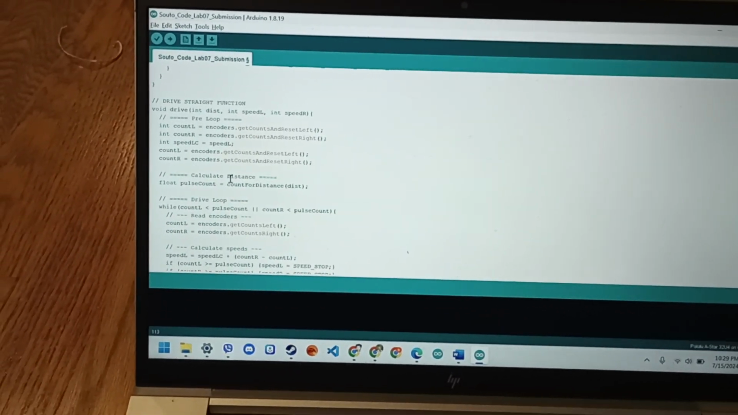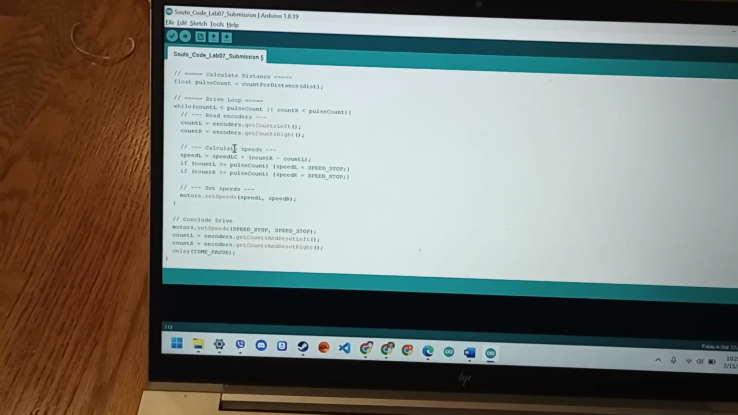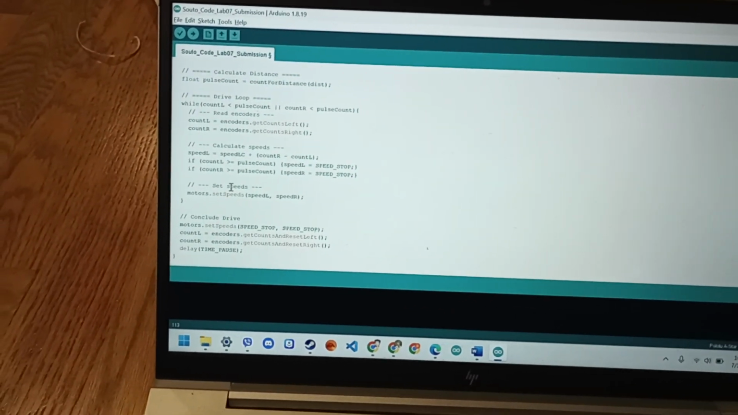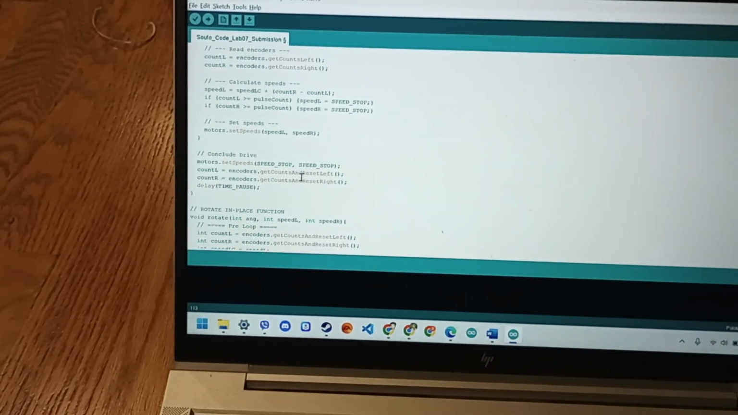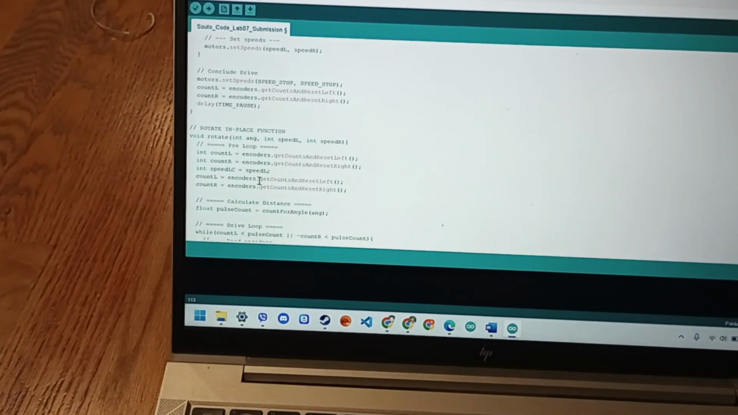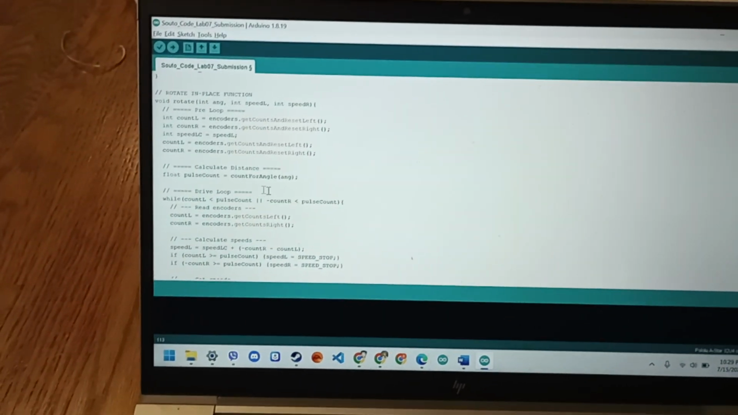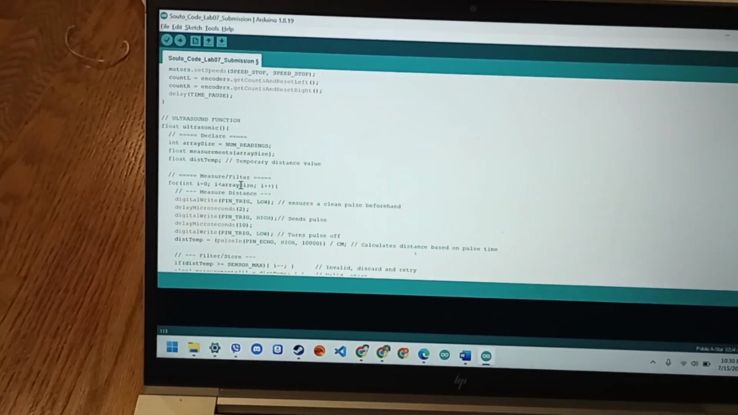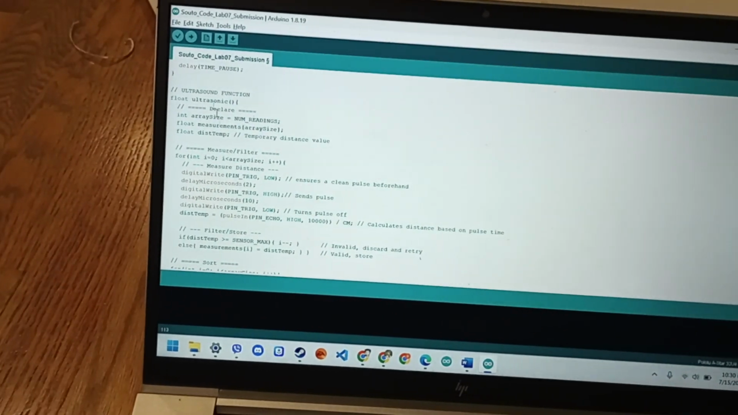Pre-loop, calculate distance, drive loop, which is read encoders, calculate the left speed, and whether or not they need to stop, and then set the speeds. And then whenever done, make sure that it's stopped, and then pause. Rotate in place is the exact same thing, except the right motor is negative. Then the ultrasound function is the same as a previous lab, where